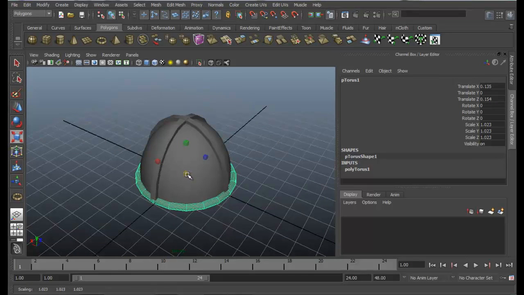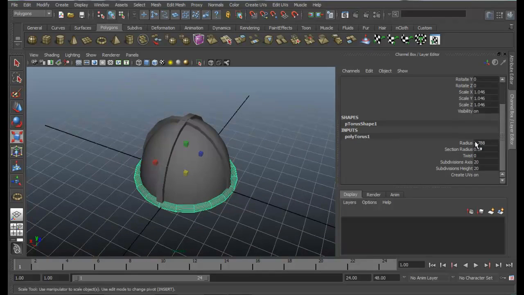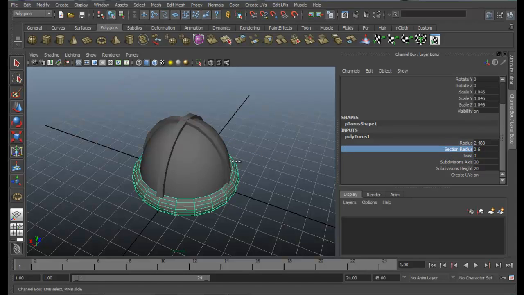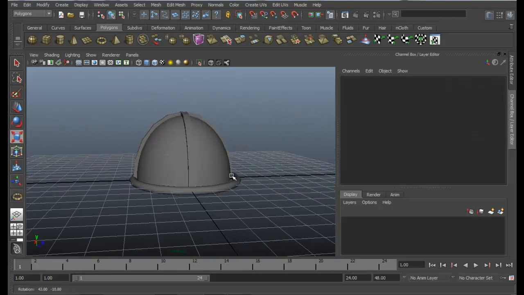Let's scale it a bit. Torus radius, and decrease it. Section radius should be decreased. Radius should be increased. Okay, I think that's great.